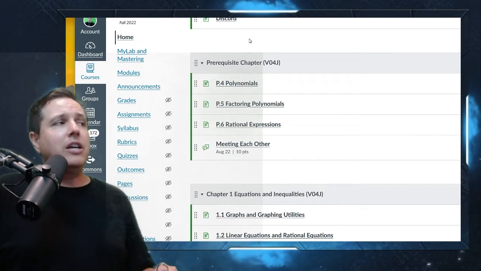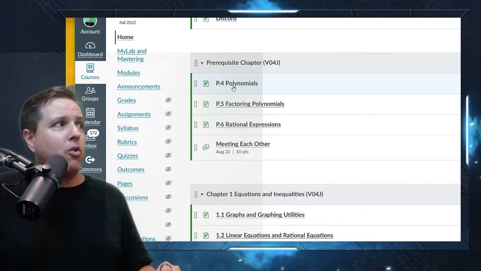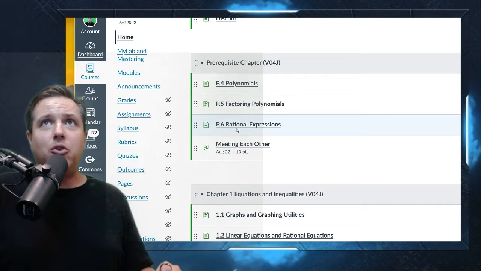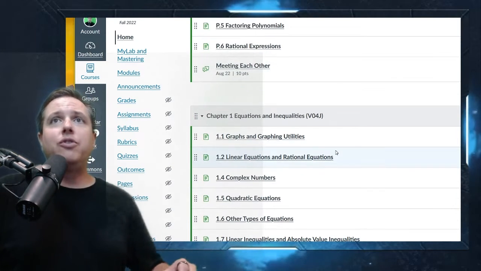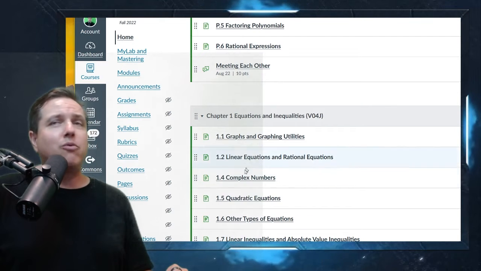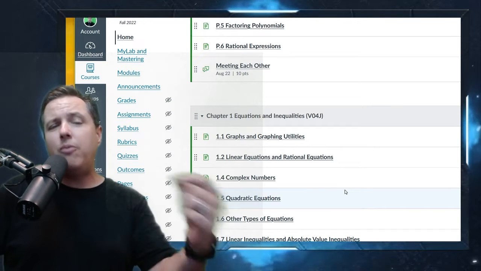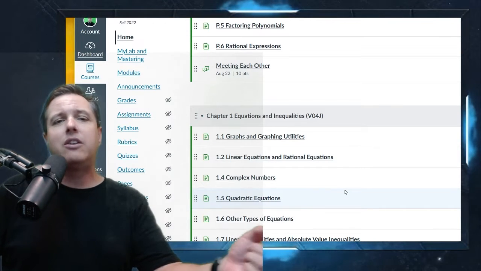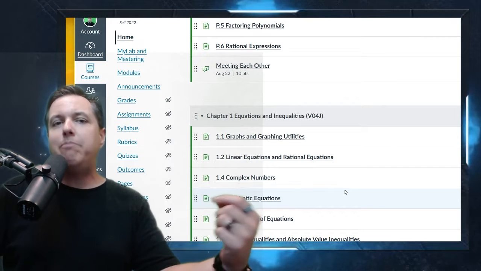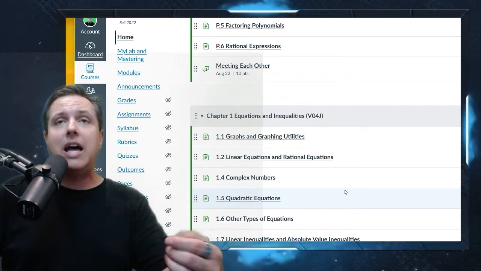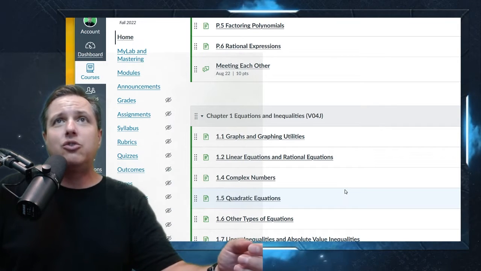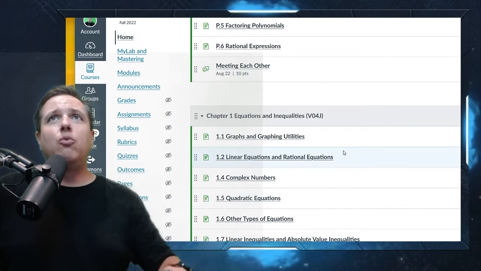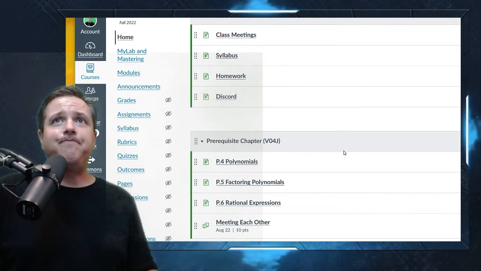Okay. So as far as homework, you should be starting here, going through polynomials, factoring polynomials, rational expressions. That's all prerequisite material. And the truth is, a lot of this chapter 1 is prerequisite material as well. It's stuff that hopefully you learned in an algebra class, but we go over it because it may have been a while since you took an algebra class. Maybe you never really got a good introduction to some of these topics. So we work through those.